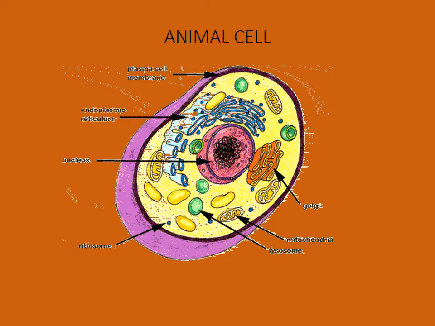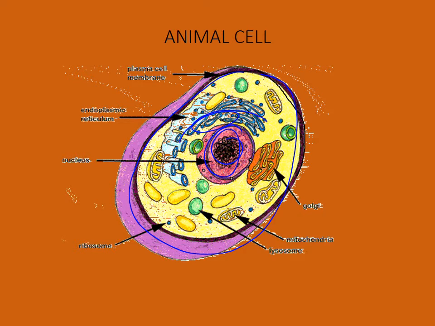So this is a picture of an animal cell. As you can tell, this part is your plasma membrane, the outer part. You see the outer part. Let me see if I can. There you go. Let me get a better color. So here is our plasma membrane, the outer part, all of this. All right. So when you enter the cell, you will find this is our nucleus, and you have your other